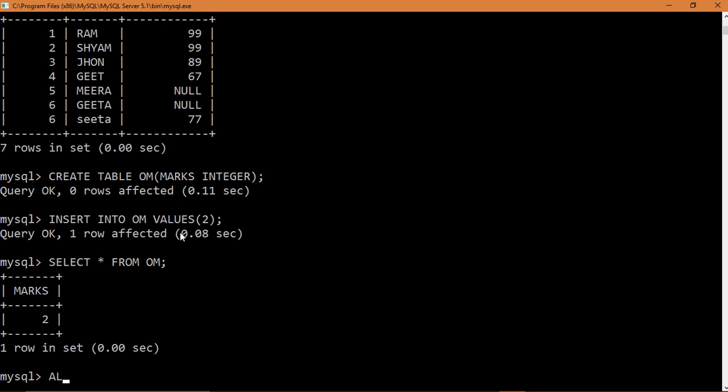Fine. Alter table, then add, and like marks and your subject.